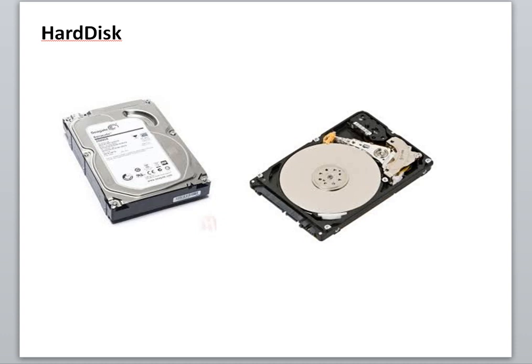I hope everyone understood all these storage devices. Which storage devices have we seen today? First one is floppy disk. Another one is compact disk, that is CD. Next one is digital versatile disk, that is DVD. Next one, pen drive, and last one is hard disk. Now afterward you revise all these input devices, output devices and storage devices.